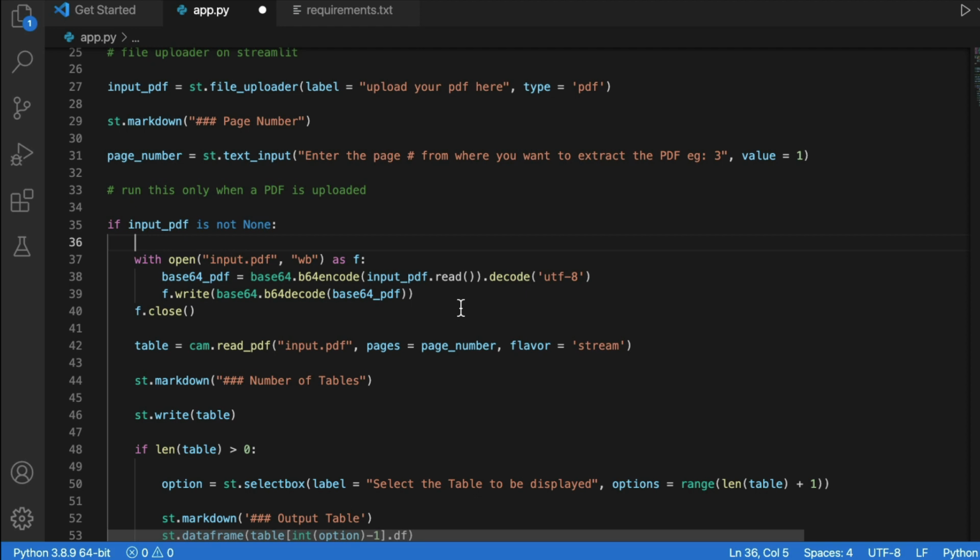So for that, what we are going to do is we're going to convert our byte object or base64 object, whatever you would like to call it, into a PDF file. So basically, whatever we have read here using this Streamlit file uploader, this byte object or whatever this object is, we are going to use that and convert that into a PDF. That is what this section is.